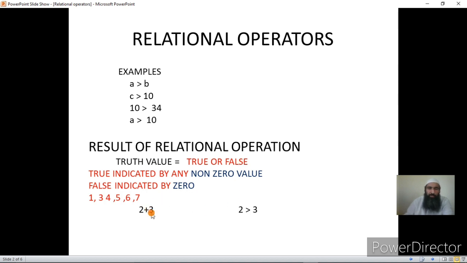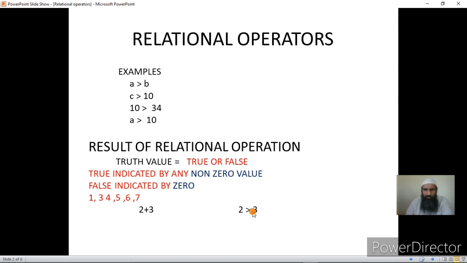Suppose I am doing addition of two numbers, that is 2 plus 3. I get the result as a number, right? That is the number which is obtained by adding 2 and 3. But in a relational operator, if I compare two numbers, I get the result as a number, and that number indicates whether the result is true or false.